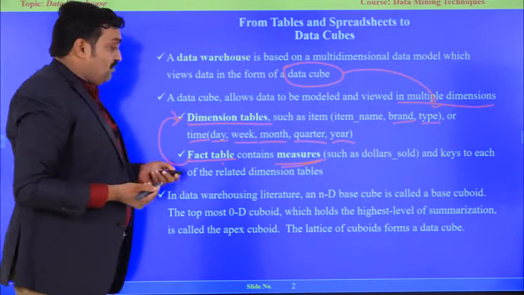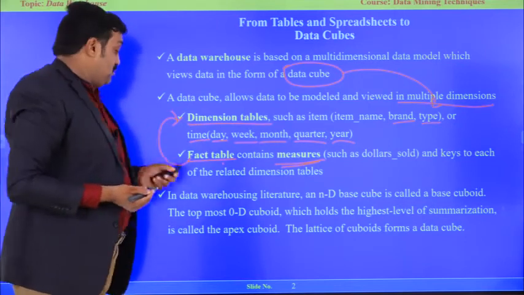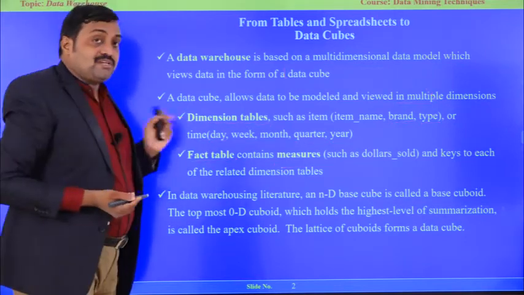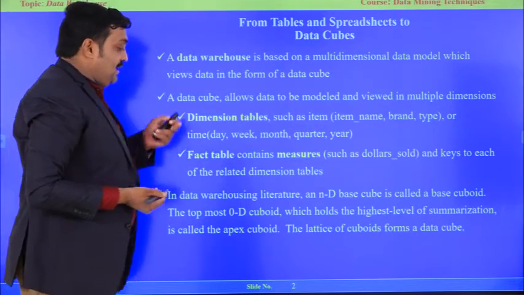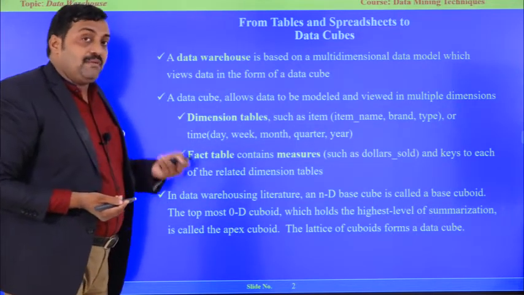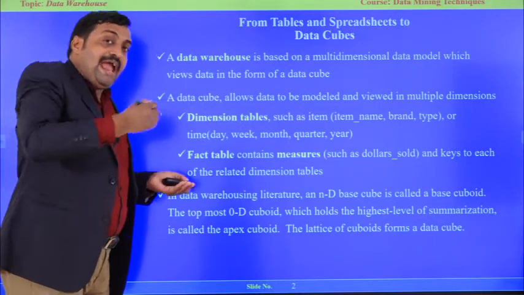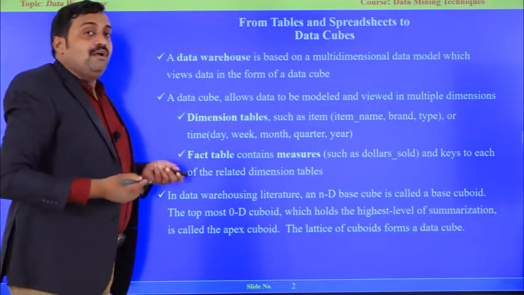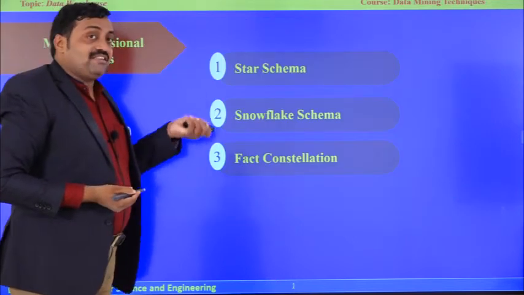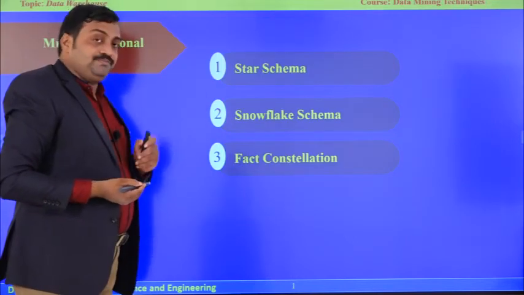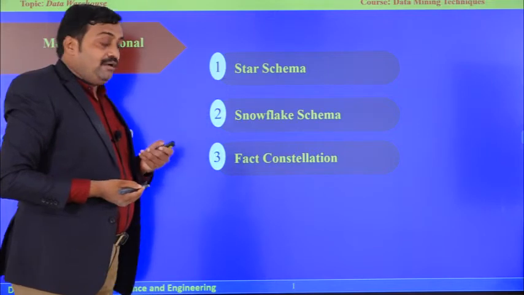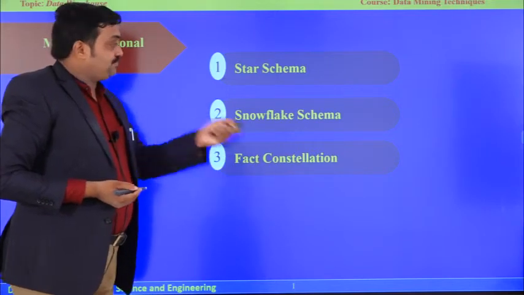Now the data warehouse has multidimensional data, which can be one dimension, two dimension, three dimension. How are we going to design from 0 to n dimensional schema? As I already said, we have three schemas: star schema, snowflake schema, fact constellation schema.